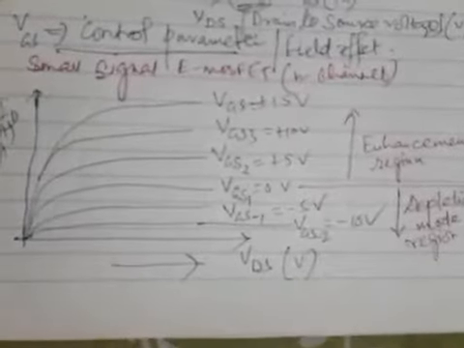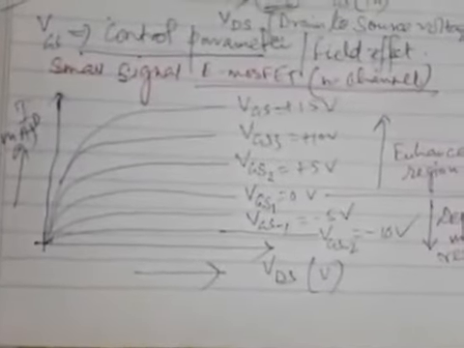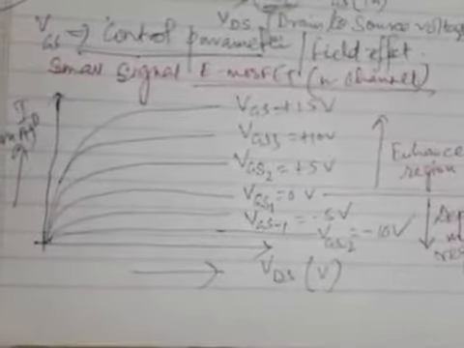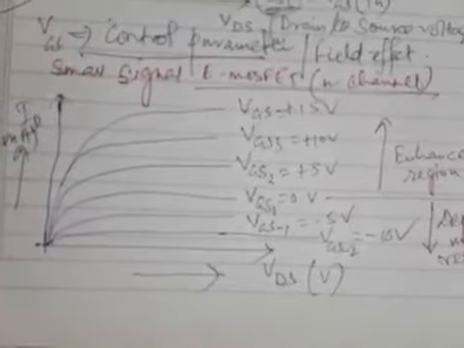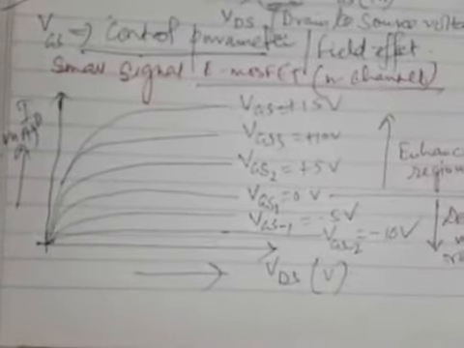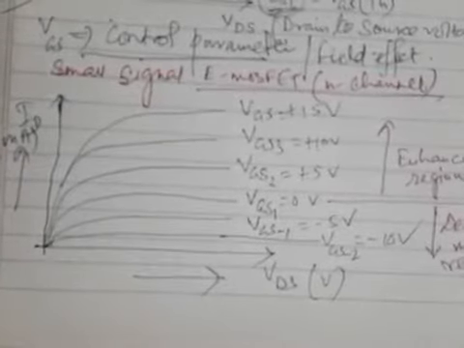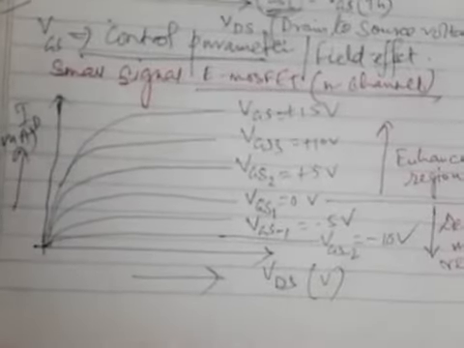operation region. So in this way we can explain with the same VI characteristics both the enhancement and depletion mode of operation for an n-channel enhancement MOSFET. But this is not possible for a normal p-channel enhancement MOSFET. This is rather difficult to explain. So the n-channel MOSFET is much more preferred for this convenience of explanation.